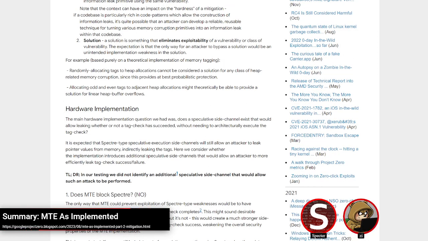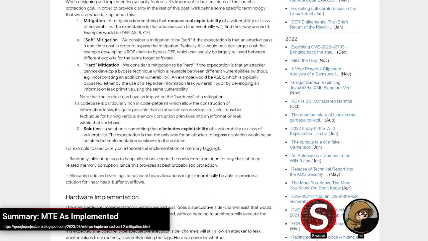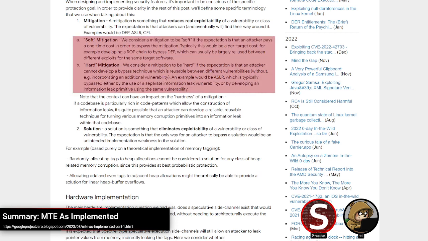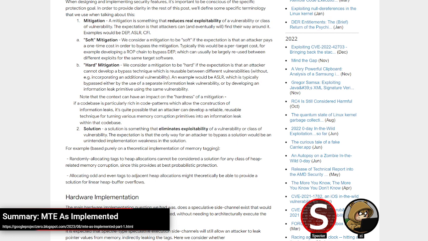The way I look at it is a hard mitigation is something that would typically require an additional bug to chain with. So yeah, like you said, I haven't really seen anything try to coin those scenarios. But it's a fair way of looking at it, the soft and hard mitigation idea. Exploit scenarios are difficult to pin into buckets like that, but it's a fair attempt at it, I think.